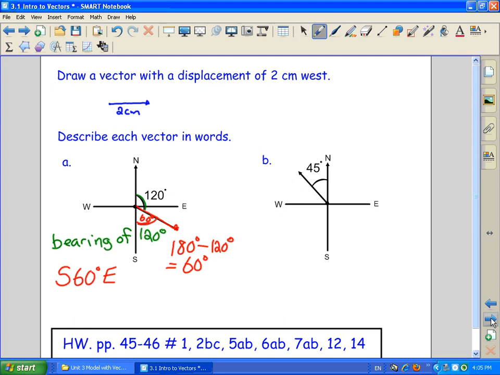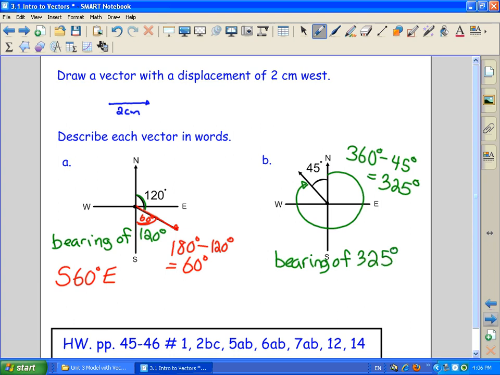Well, if we want to do the bearing, remember we start at true north and we go all the way around. Okay? We don't have an actual bearing value given. We have a diagram that could be closer referred to the quadrant bearing. But let's do the bearing one anyway. To go all the way around, folks, it would be 360 degrees to complete one circle. So how do we figure out the difference? You're going to take 360 degrees, subtract that quadrant angle, which is 45 degrees. You're going to get 325 degrees. So therefore, we are at a bearing of